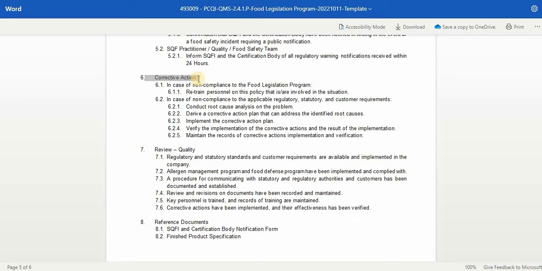Next to responsibility is corrective action. The corrective action is the process of taking appropriate steps to eliminate causes of nonconformities or other undesirable situations. In case of noncompliance to the food legislation program, retrain personnel involved in the situation. And in case of noncompliance to the applicable regulatory, statutory, and customer requirements, conduct root cause analysis on the problem, derive a corrective action plan that can